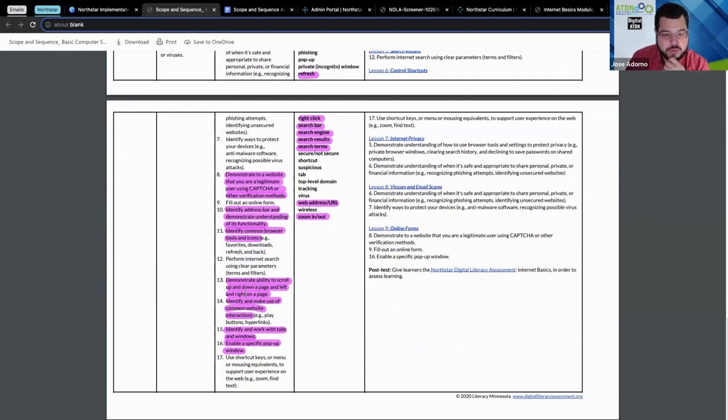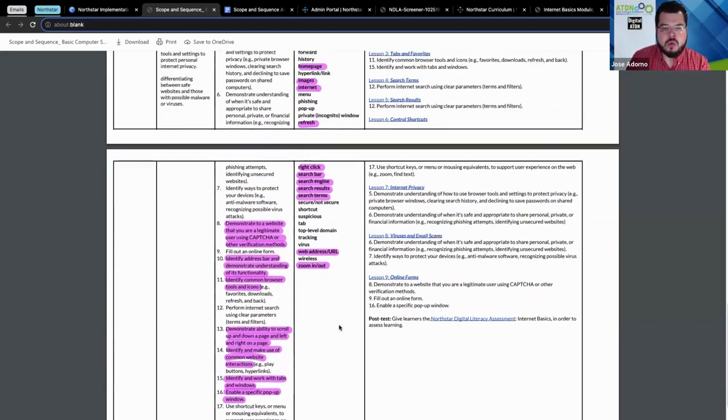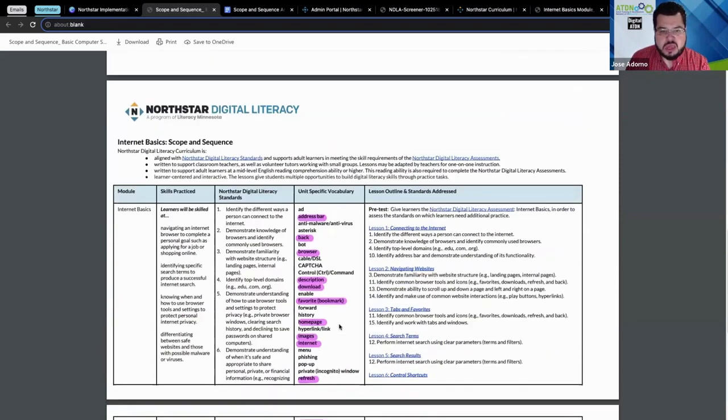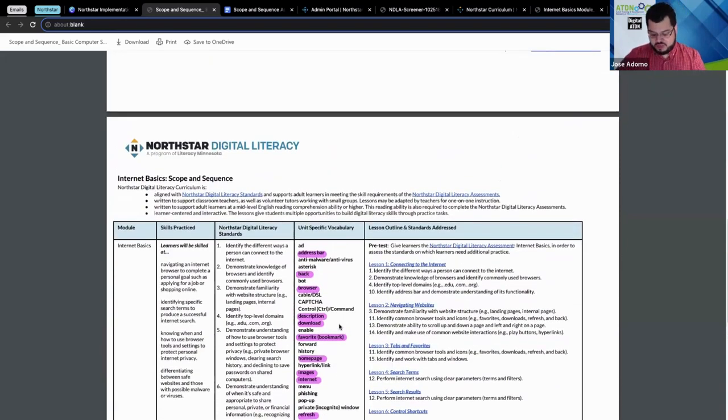Demonstrate ability to scroll up and down a page and left to right on a page, which we were talking about scrolling and that kind of thing, right? So as we see here, not everything that we're working on in the module, like in the Northstar module, is being addressed. However,